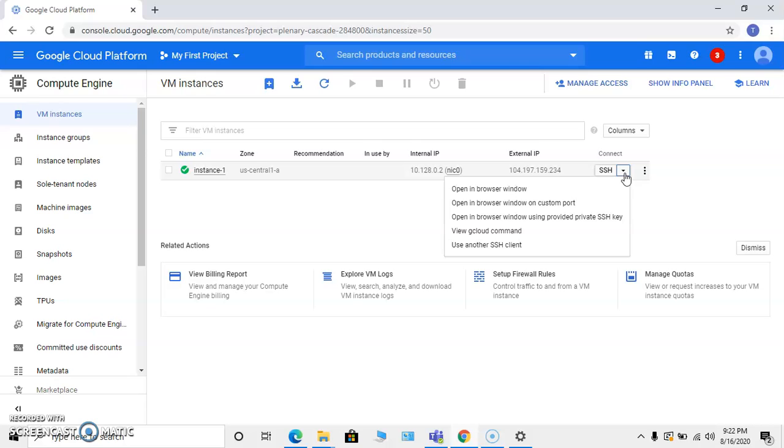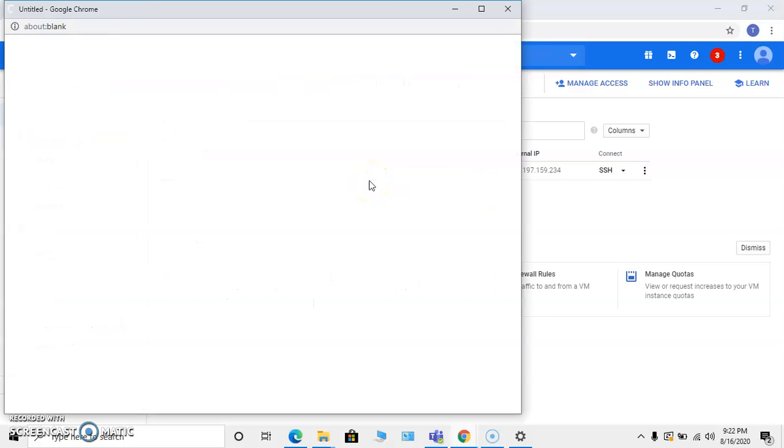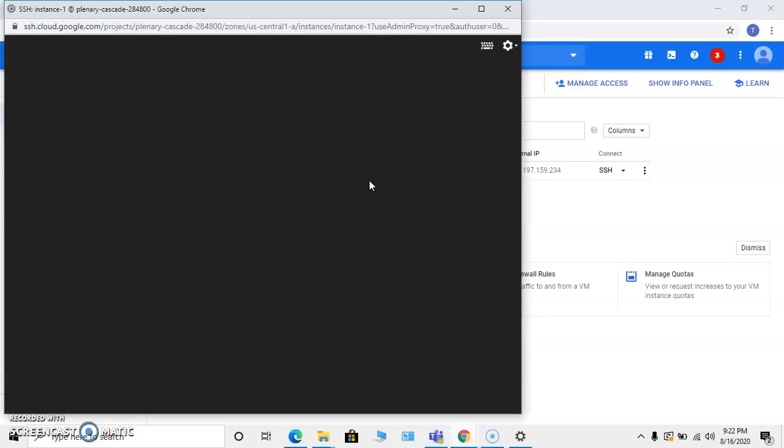Let's open an SSH session for this machine. Let's click on open in browser window, and it is going to open up this session to my virtual machine, the SSH session.